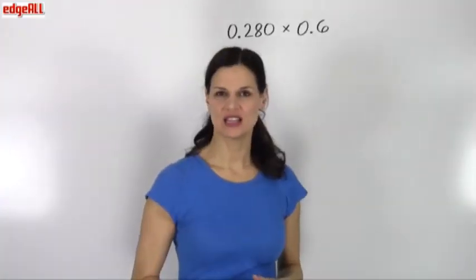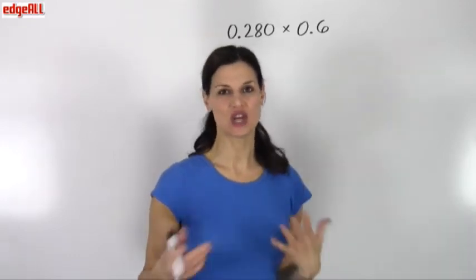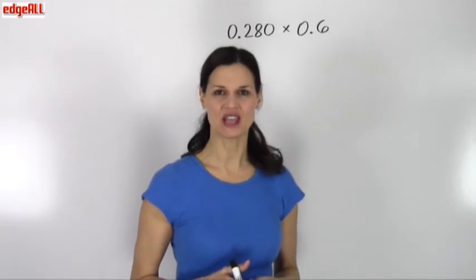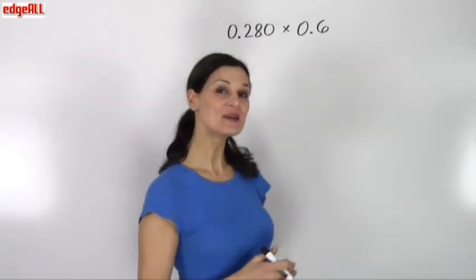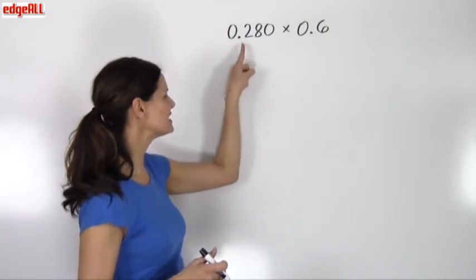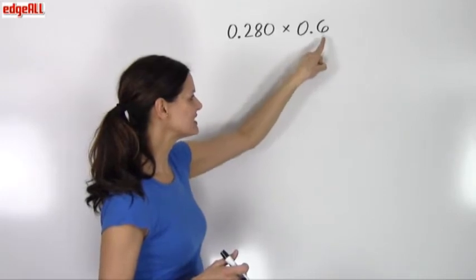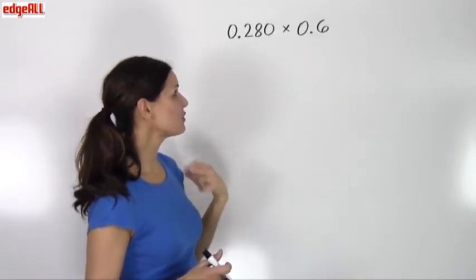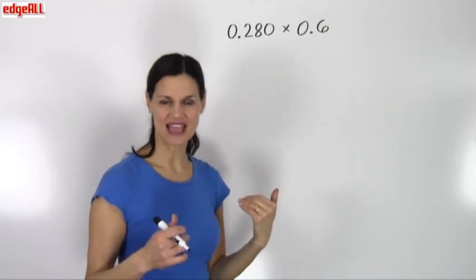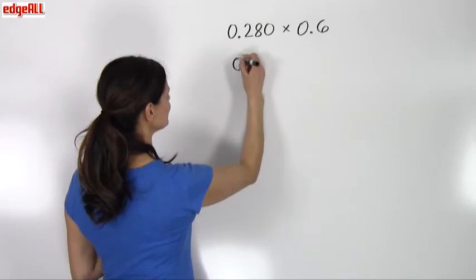When you're multiplying decimals, you can remove zeros that don't make a difference to the answer, and this ends up simplifying your problems quite a bit. So if you have a problem that's written like this, 0.280 times 0.6, if you remove the decimals and set this problem up like we've looked at, you'll end up with something like this,